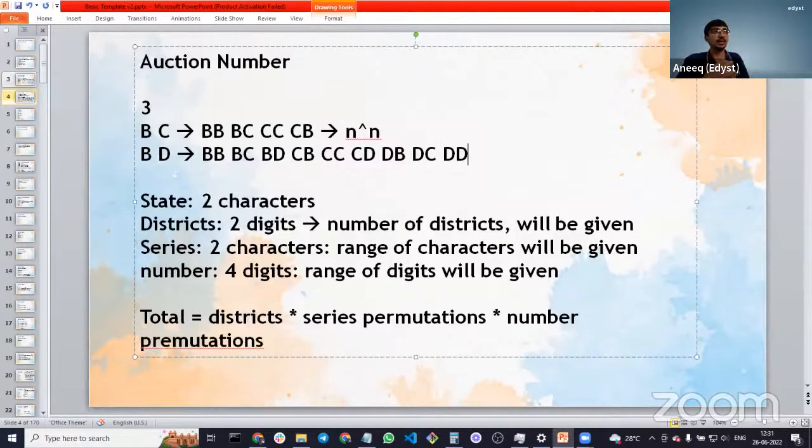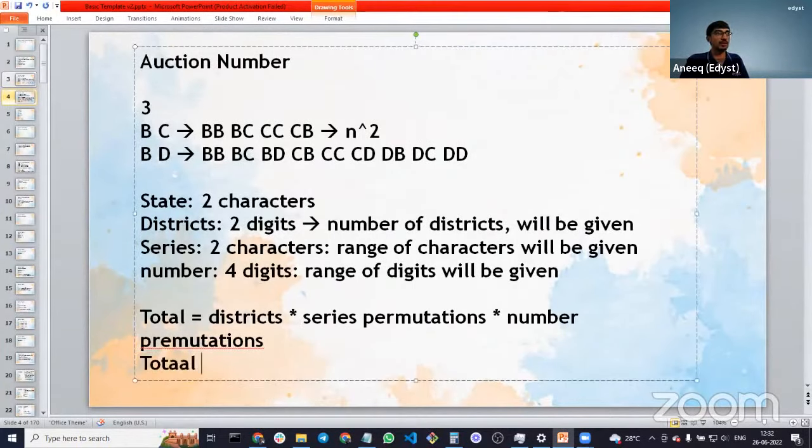So at every point, I can do n elements. No, it's not n raised to n, sorry, it's n square. Because if I take 2 blanks, it is n in one and n in another. So I can do totally n square here. So total so far, our formula comes to the number of districts into n square, that's the series permutation,